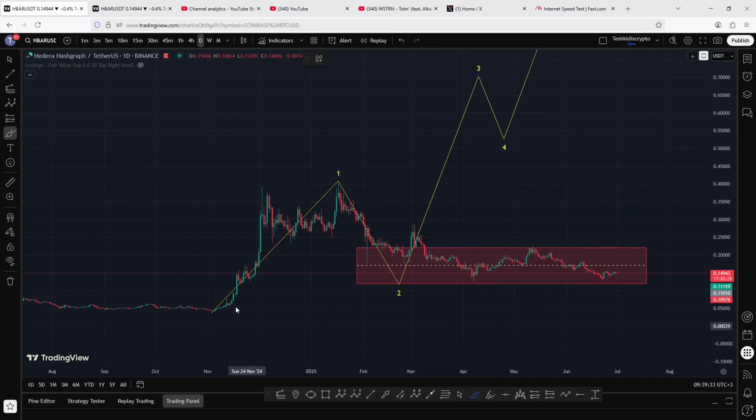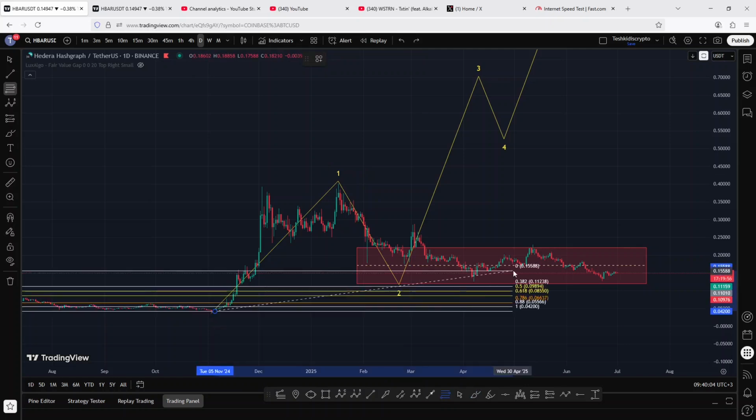Starting my analysis here on the daily chart, you can see that from the lows we made on the 5th of November 2024, Hbar gave us a very impulsive bounce in a move that gave us a high above the 0.4 mark, completing the formation of that impulsive count, wave 1. Then we started a massive corrective structure in the formation of this second wave, whose minimum target areas I came up with by connecting the Fibonacci from the lows we made in the formation of that wave 1